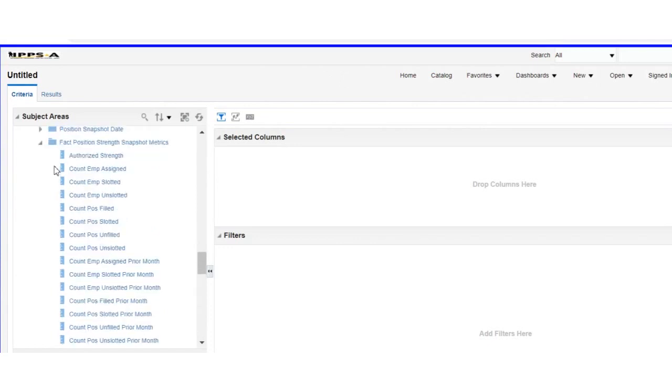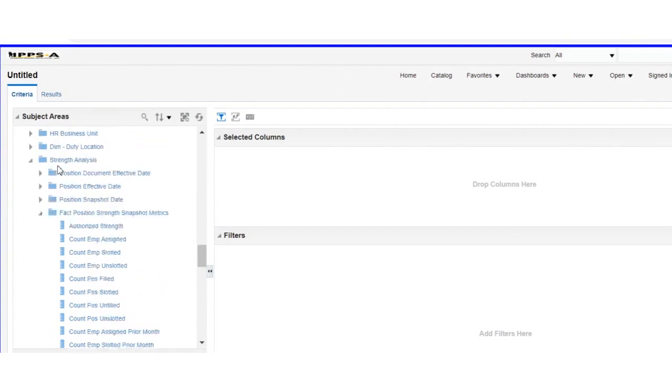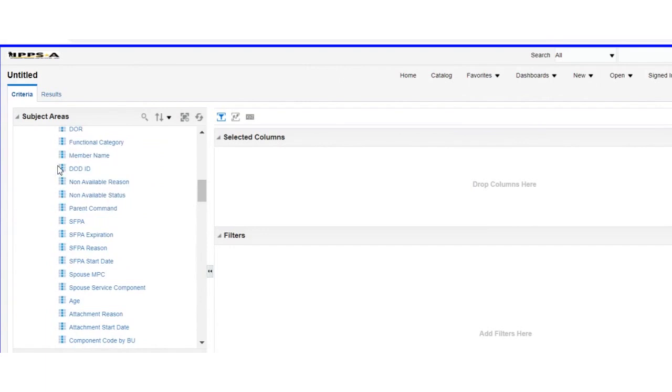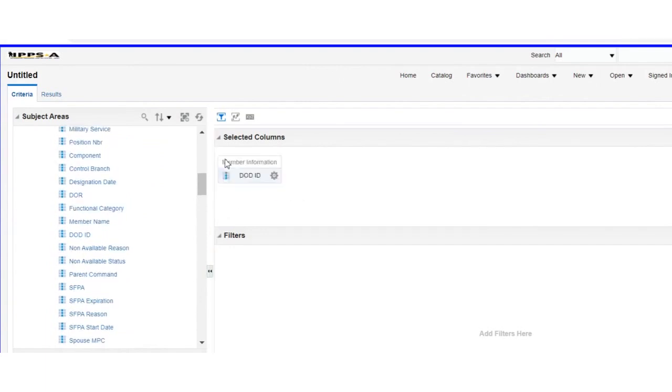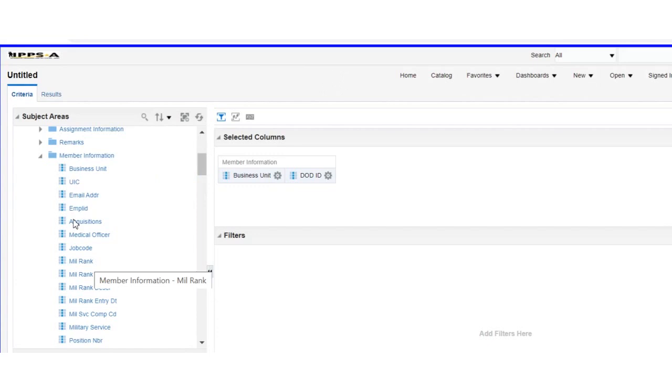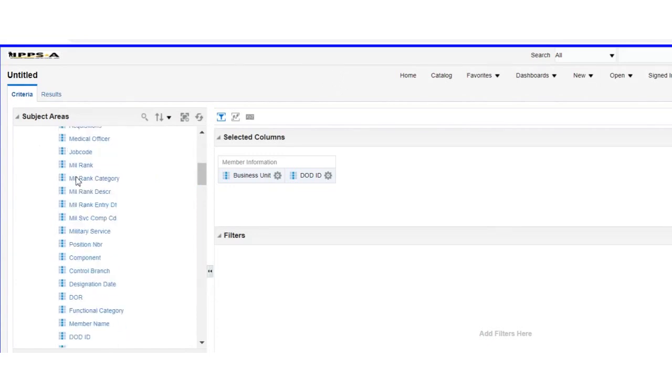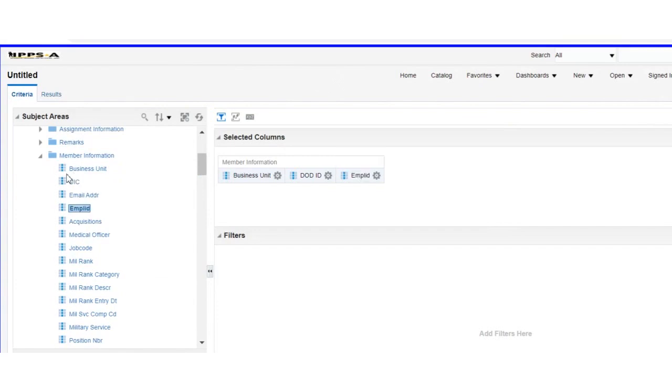So just to get started, let's go ahead and build a quick roster. So I'm going to go ahead and go back up to the member information. I will grab a DOD ID, maybe their business unit. You can just drag and drop these. You can also double click them. You can grab the IMPL ID,